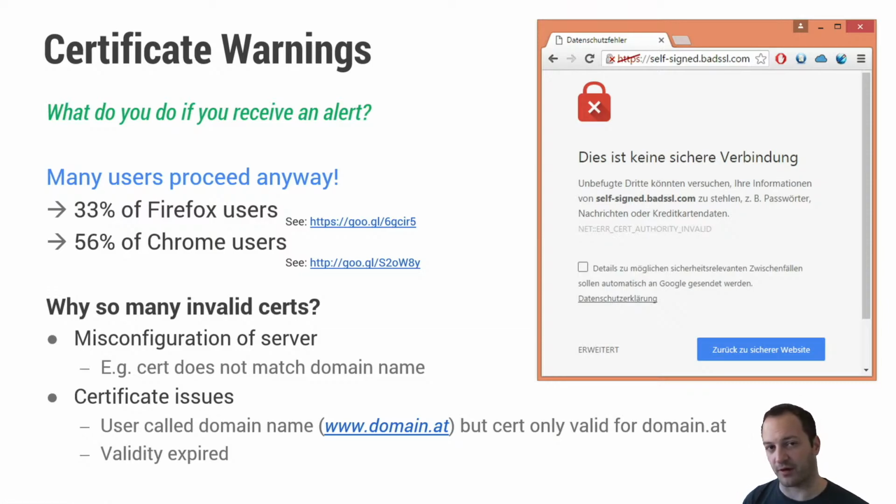But yeah, this is a thing. Users just click away these dialogues. And unfortunately, even regular servers very often show invalid or expired certificates. So especially certificate expiration is a very common thing. It also happens here at the university, that you, for example, go to Online til Granskate, and eventually you see such a warning. And it doesn't always need to be the case that someone is attacking you. It can also be just, for example, that the certificate expired, nobody renewed it before the expiration date was reached,